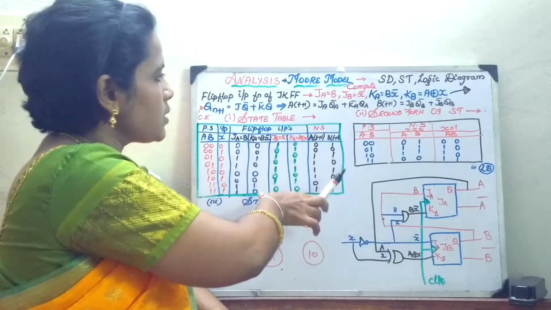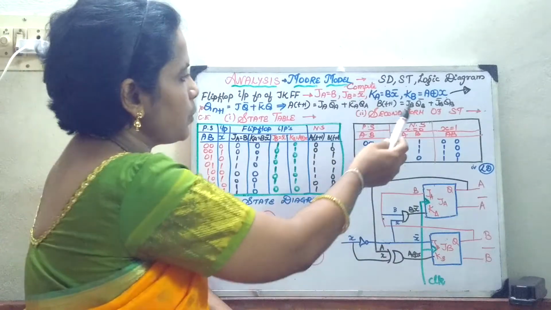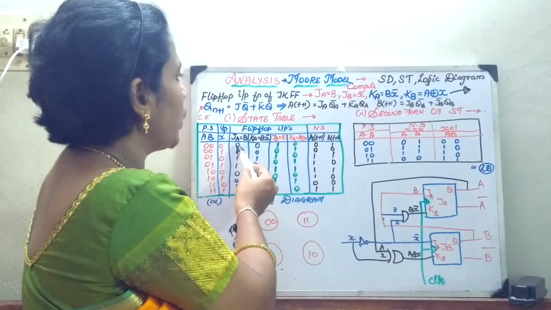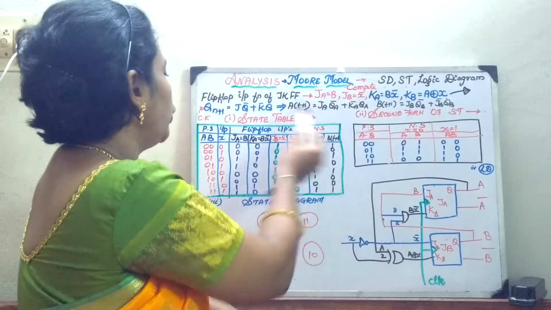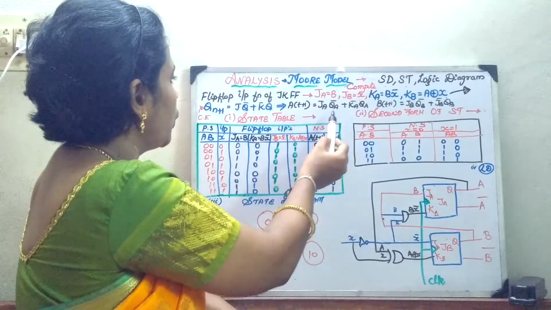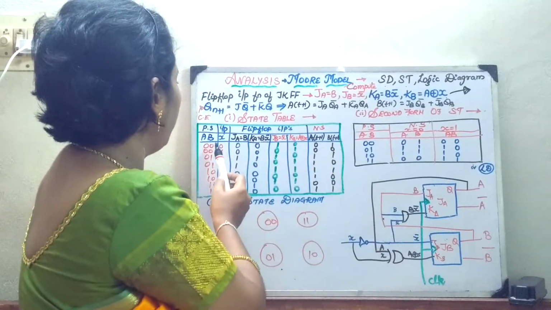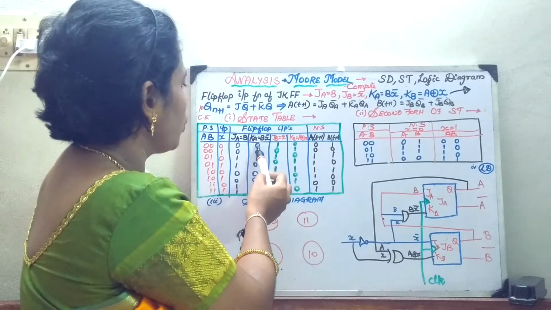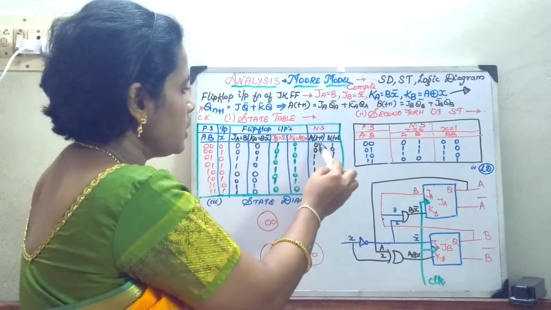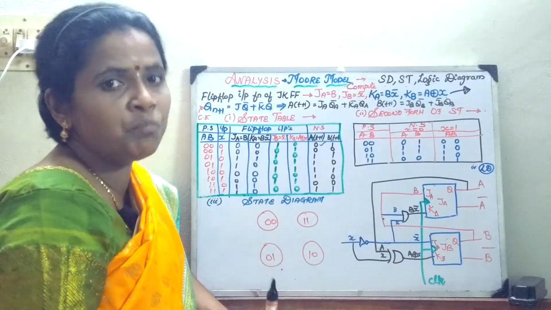Once you compute your present state and the next state, suppose for example, for one value we will do it and see. What is going to be your JA? JA is going to be 0. So JA into QA bar, where QA is going to be the present state. 0 into 1 is 0, plus what is your KA bar? KA bar is 0, so it will become 1. 1 into 0 is 0. So 0 plus 0 is 0. In this way you will be filling your entire table. So this finishes the state table.